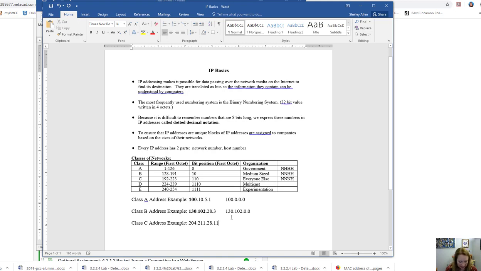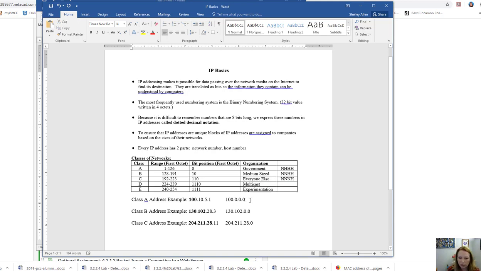And then for Class C, the 204.211.28 would be the network number. And then the 11 would be the assigned number. The default network address would be a 0. Again, the numbers follow this right here. So for Class A, the first number is the network number, the first 2 for Class B, the first 3 for Class C. And what that actually equates to is, for host addresses, see these 3